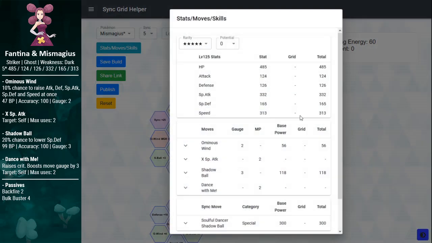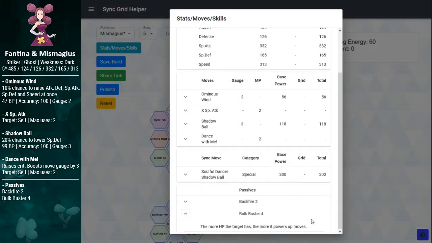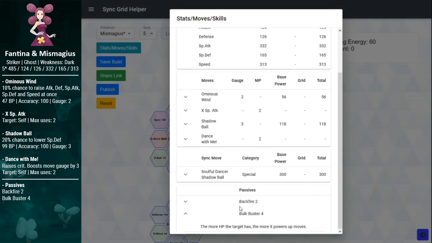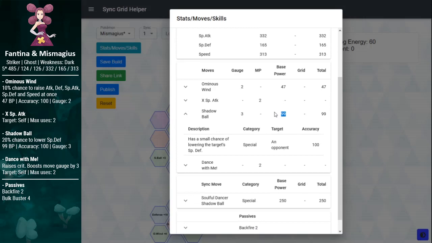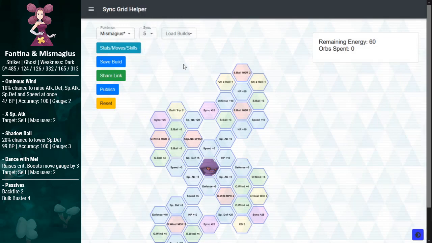Mismagius on a base has decent special attack, but the thing about Fantina is that her damage is really bad, because her only name multiplier is Bullbuster 4. This works like a reverse eruption in that the more HP the target has, the more damage you will deal. So under ideal circumstances, you always want Fantina to deal the first hit in the battle to make the most out of Bullbuster 4. But if you have a Fantina base, Shadow Ball's base power is really low. It's below 100 for a 3-bar move. That is honestly pathetic. And she cannot deal good damage, given her innate multipliers, but her grid fixes that, so